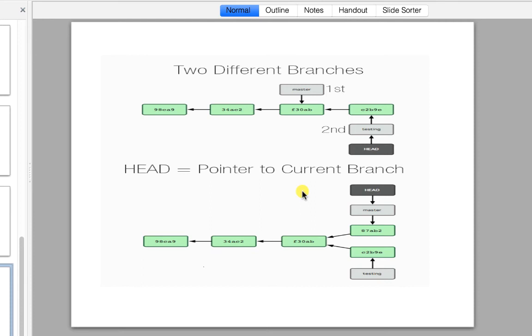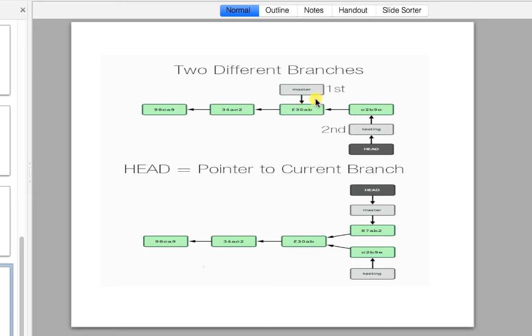And then let us assume from the master branch we kept working and created another commit. Okay, so that another commit can be referenced by another pointer, and the name of that pointer will be the name of that branch.